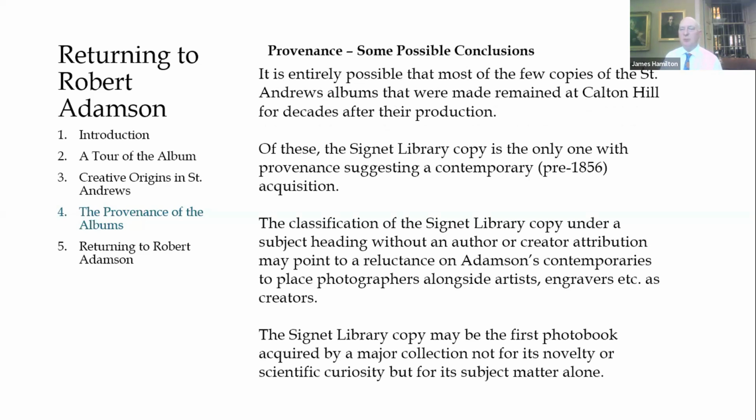So it's entirely possible, as a theory, that the few copies of St Andrews that were made actually remained at Carlton Hill sometimes for decades after their production. And I wonder if the tragic early death of Robert Adamson had something to do with this. Of these copies, the Signet Library one is the only one with provenance suggesting a contemporary, meaning pre-1856 acquisition, an acquisition within reason at the time of its